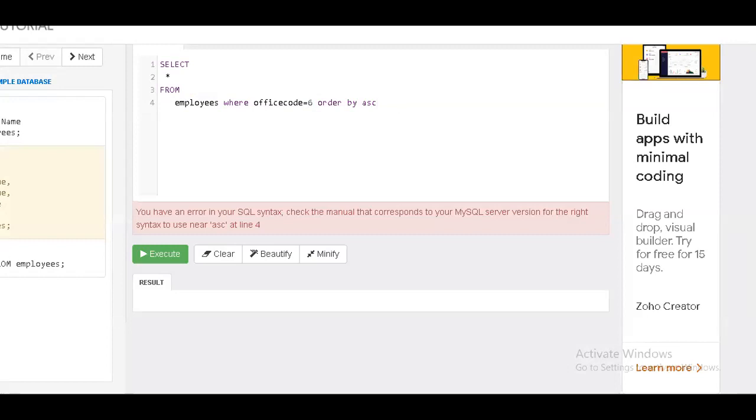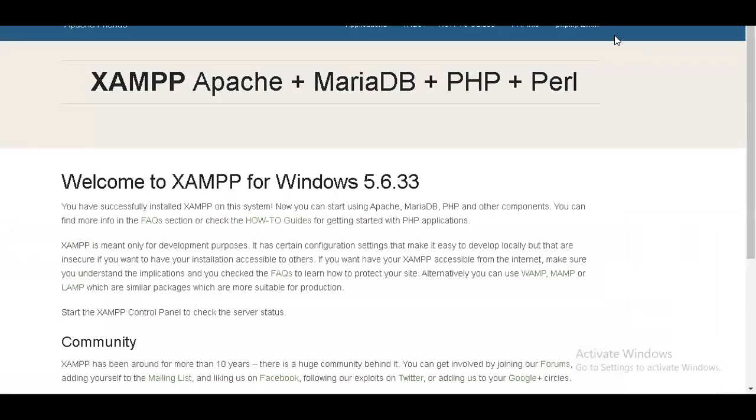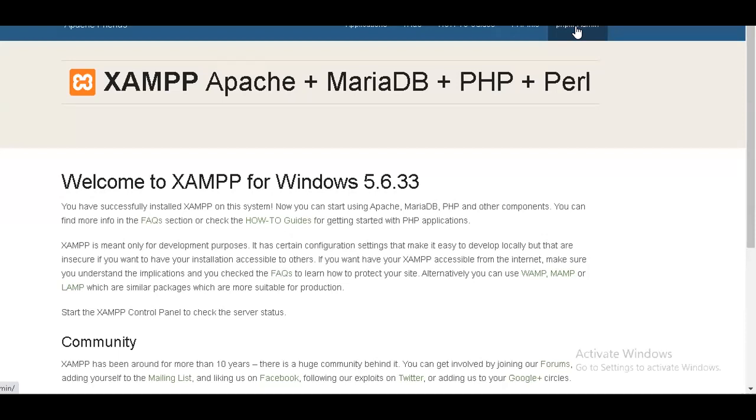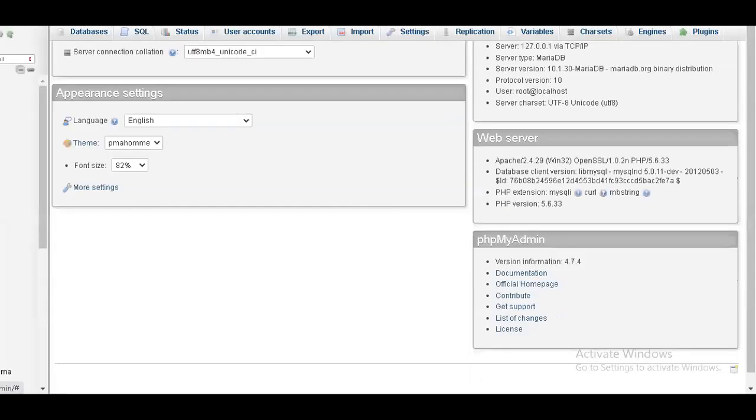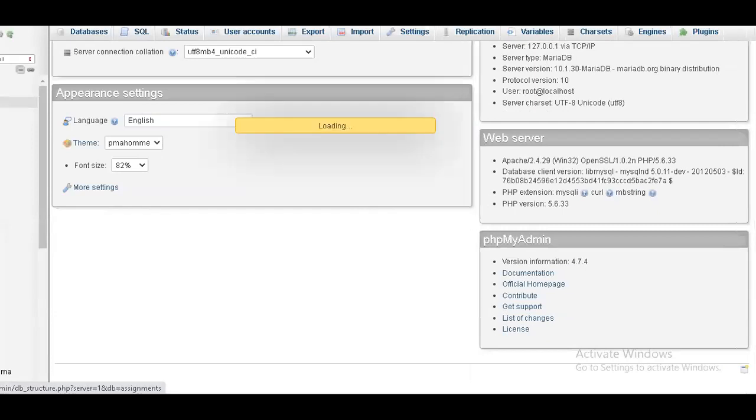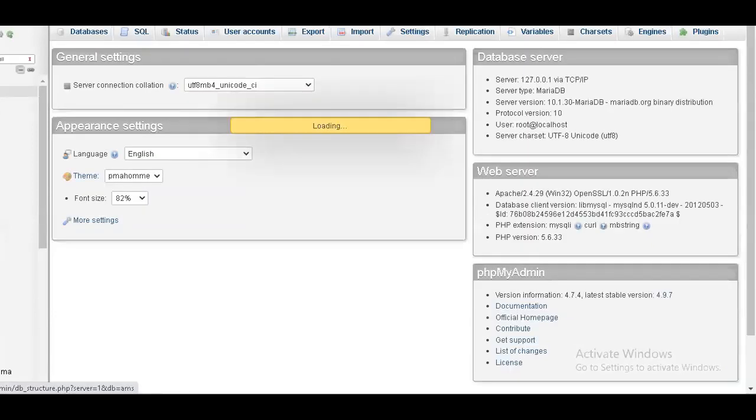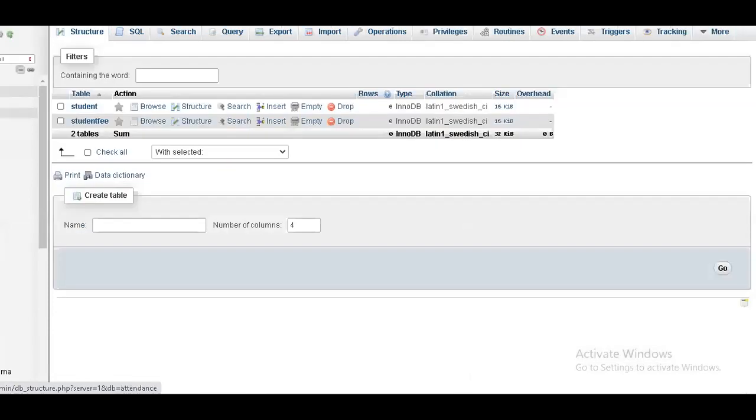For that, we will use our software. So I use my software. So we have something called the table. I'll take any table from my computer and try to check it.